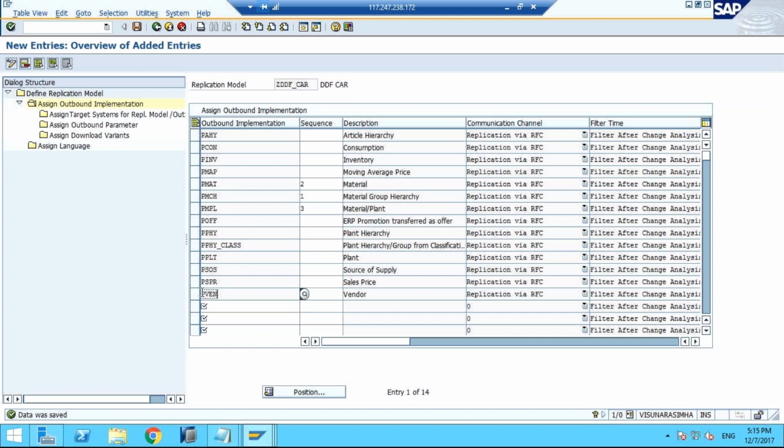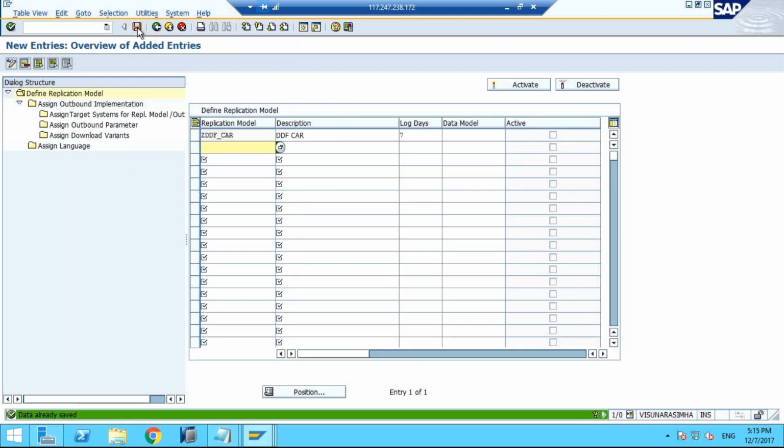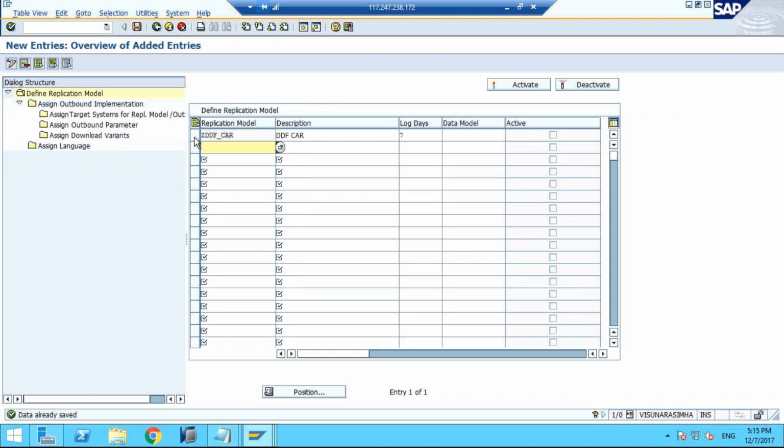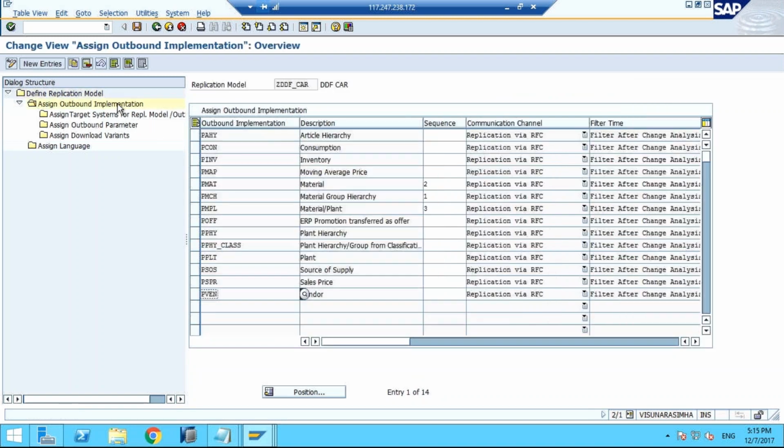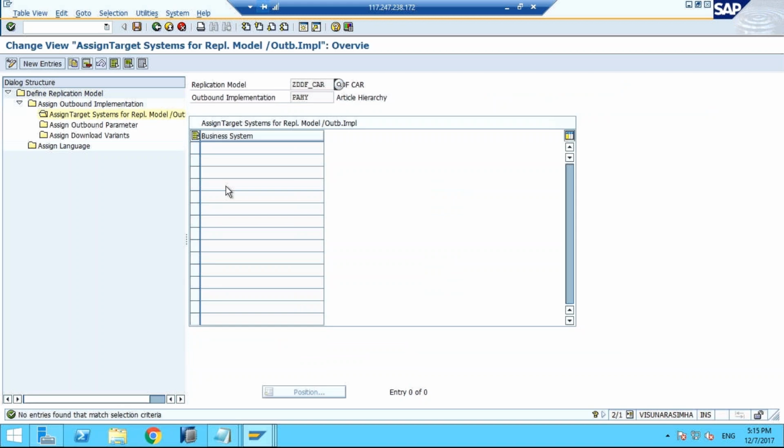Yes, these 14 you have to configure into your system. Now go back, save again. Now again, sorry, I forgot to tell you, you need to open this one. Now again, one by one, you need to assign the target system. What is the target system? Whatever you mention,